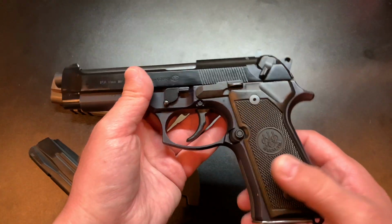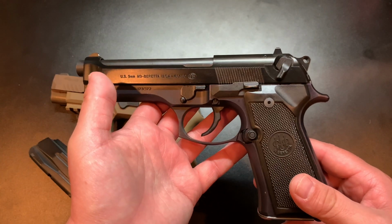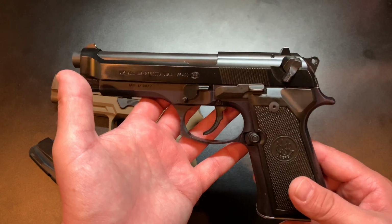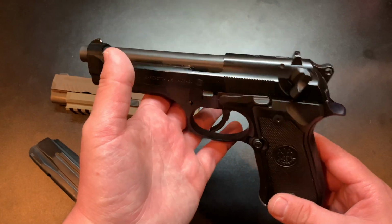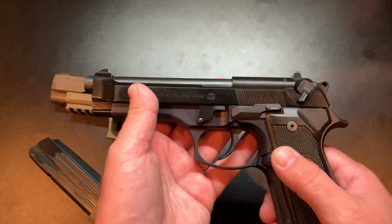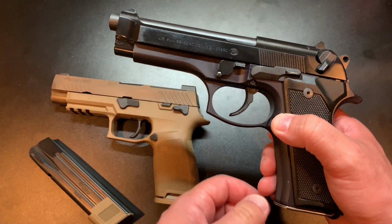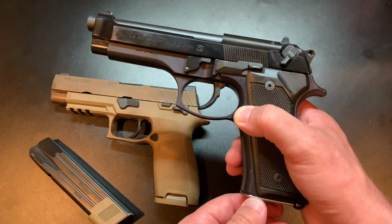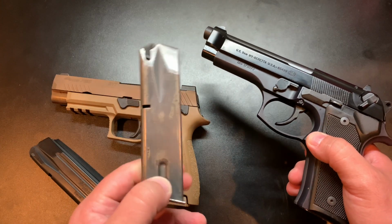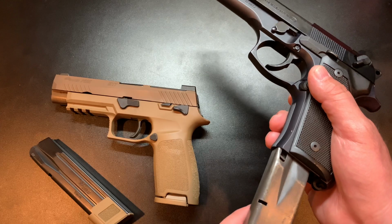Now the Beretta, I bought this one used, and I want to say it was right around 400, maybe a little over 400. That again, for a used one. A brand new one's probably going to run you 550 to 600 ish, and since I bought it used, it came with 4 of these. They're basically milsurp mags. It's 15 rounds, but they will take